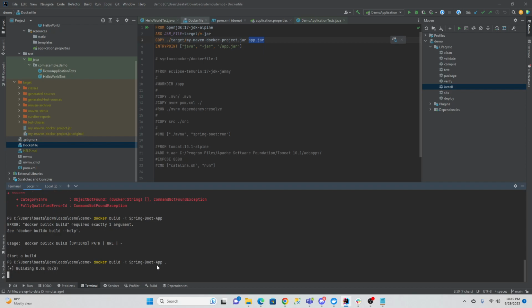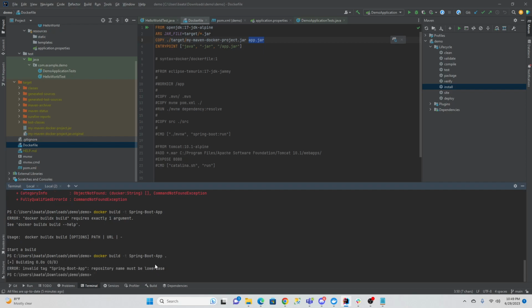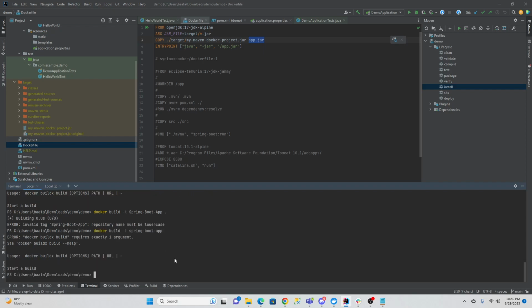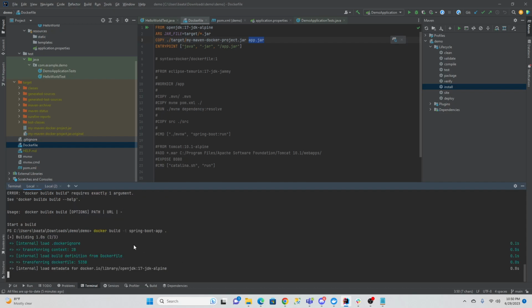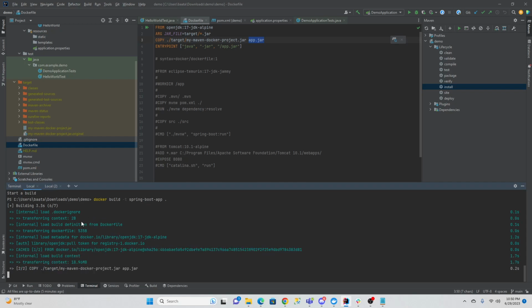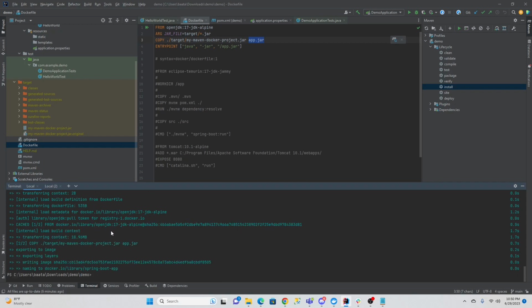I forgot the dot to start building it. Oh, the repository must be lowercase. Spring Boot Up. As you can see in here, the application, it's building. We can double check